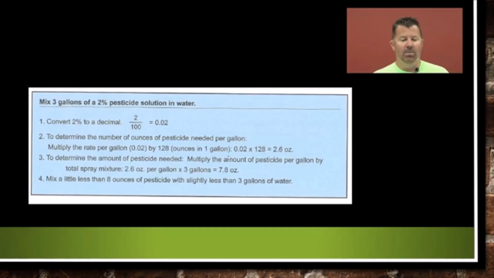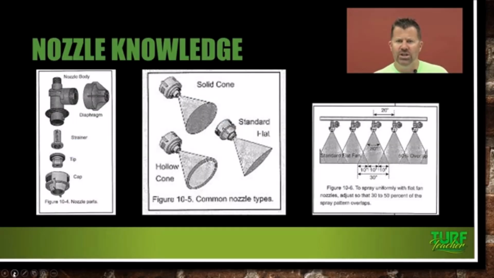To determine the amount of pesticide needed, multiply the amount of pesticide per gallon by total spray mixture, so 2.6 per gallon times 3 gallons is equivalent to 7.8 ounces, and then mix a little less than 8 ounces of pesticide with slightly less than 3 gallons of water. And that's how you're going to do your percent solution. Good math problem there. And then in that landscape pesticide calculations worksheet, you guys saw some percent solutions in there as well. Now, nozzle knowledge starts on page